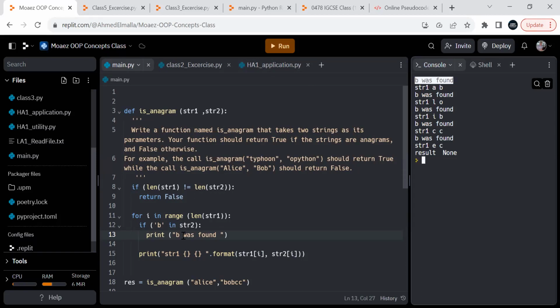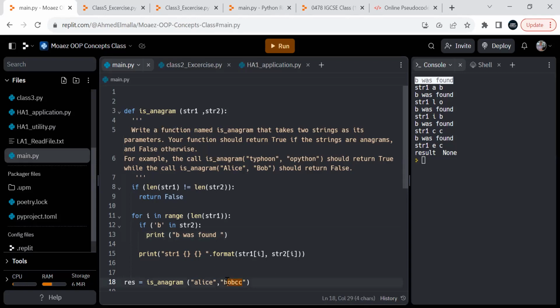What is happening here is that for every loop, I'm always checking. This is not 100% correct, but we were testing the concept. I'm testing if there is a B here. So typically, if there is no B,